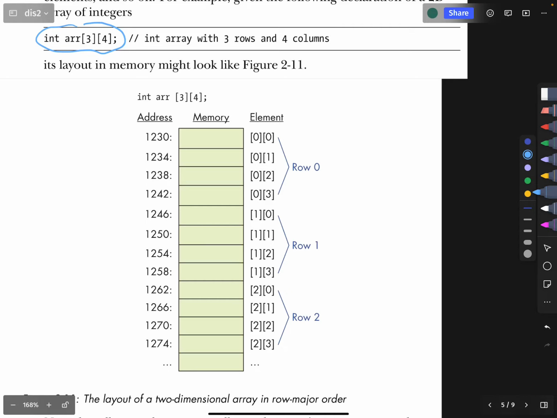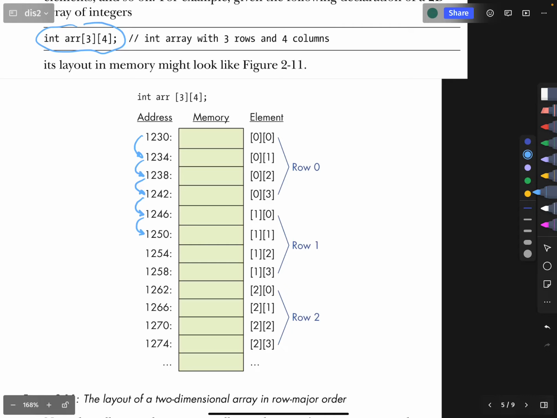Well, we are still going to jump by the number of bytes that an integer requires. So every address is still incremented by 4. And keep in mind that basically the first thing that it allocates is the first,